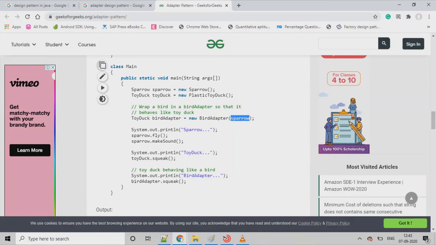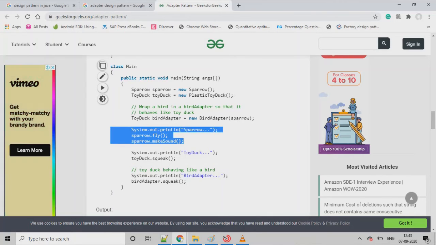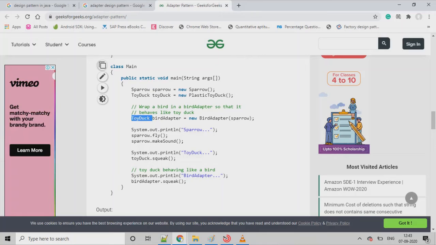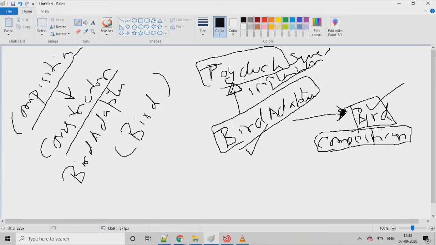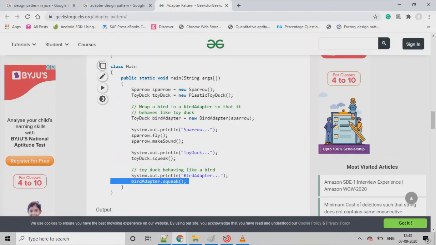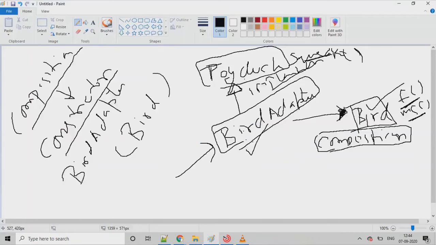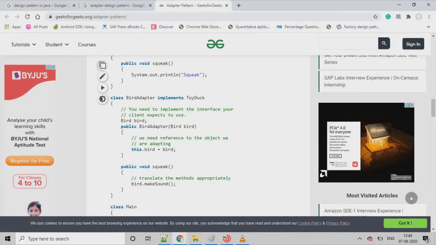But here we have implemented this target inside the bird adapter, which contains or which has the bird class. Okay, so the client is actually calling this bird adapter, and the bird adapter will in turn call the squeak method, and inside this squeak method you're calling the bird's make sound method, right?